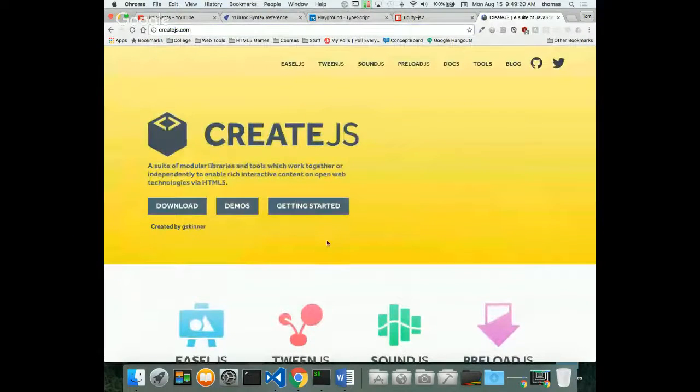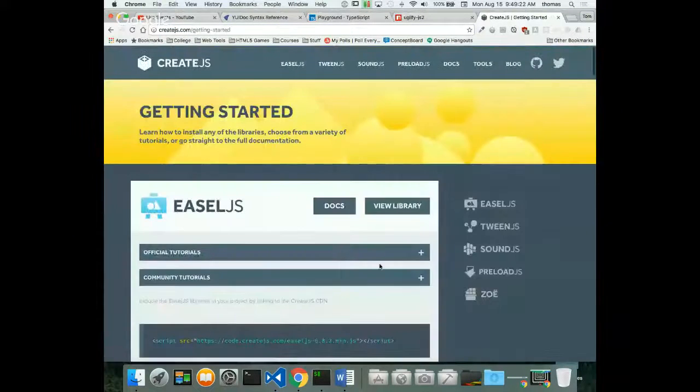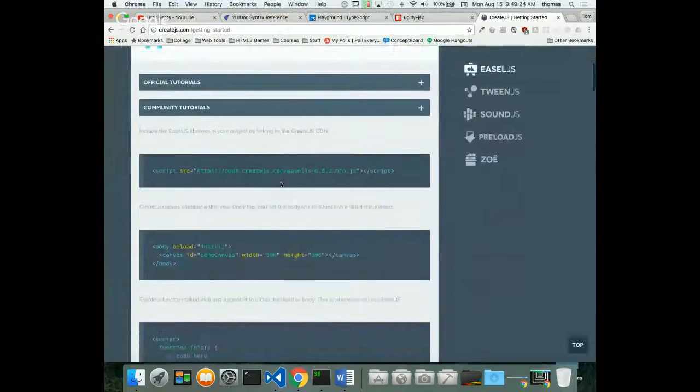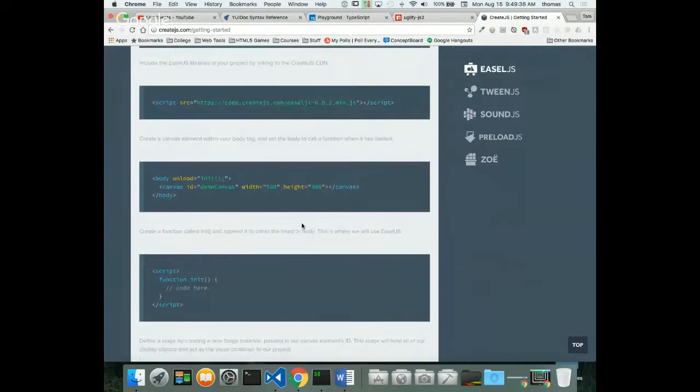Remember CreateJS? If I go to createjs.com and I want to get started, I can see that there is the easel.js, here's my stuff for my CDN, right? So I could use this for easel.js. Remember, I'm only using easel.js, so I don't really need the other ones at all, right? Just this one. So I can take this script. If you wanted to use the other ones, there are CDNs for the other ones, but I'm going to show you this one anyway, right? So if I copy this one,